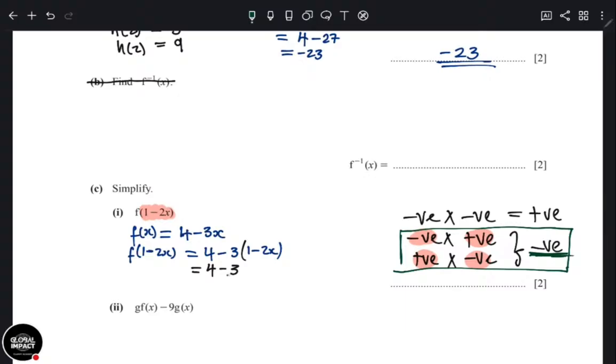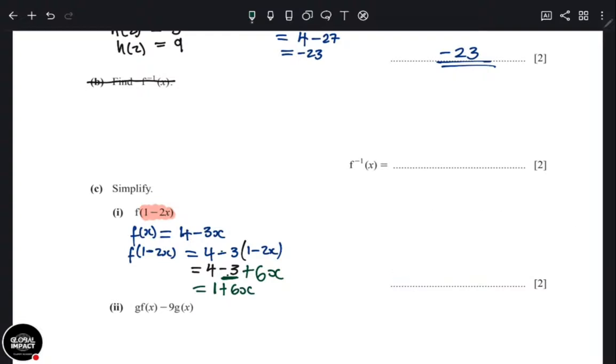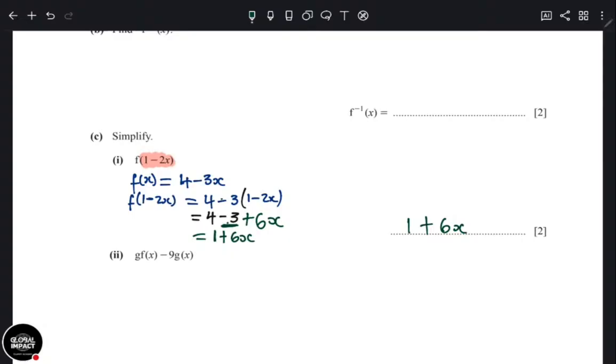But here it will be negative 3, because you look in front of it to see its sign. This is a negative 3, it has a minus in front of it. And this is a minus 2x again. So we'll get a positive answer. Both are negative, the sign is the same. So you get a positive answer. Now you say 3 times 2, you get 6. Is there anything to multiply x? No, so it comes back as it is. So now what is 4 minus 3? That's 1. It becomes 1 plus 6x. So we are going to put here 1 plus 6x. This is amazing. And this is going to be your answer.